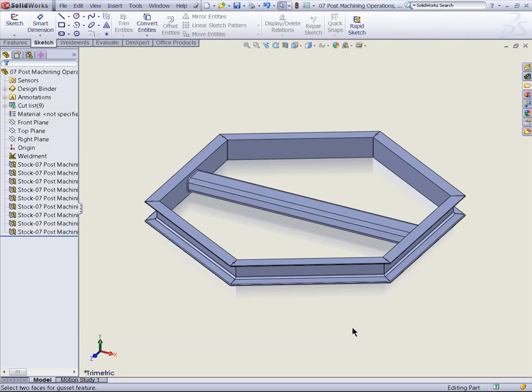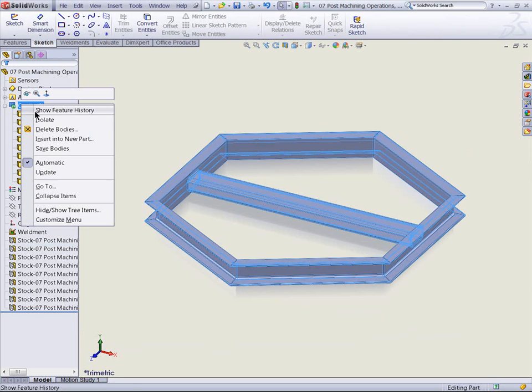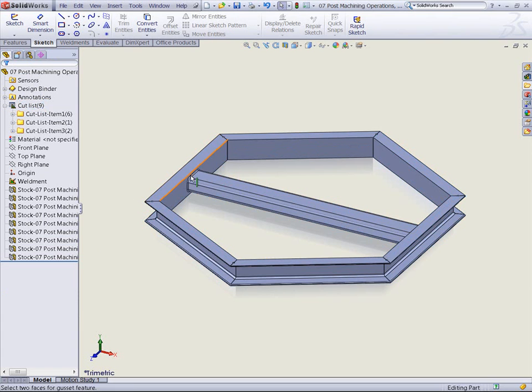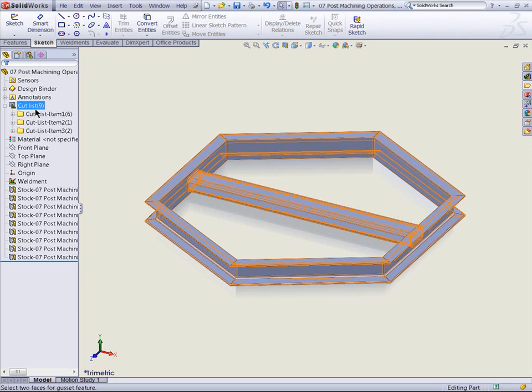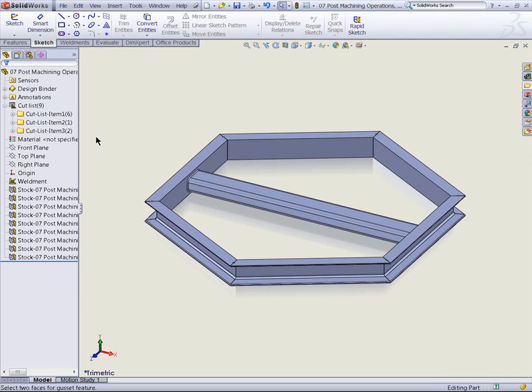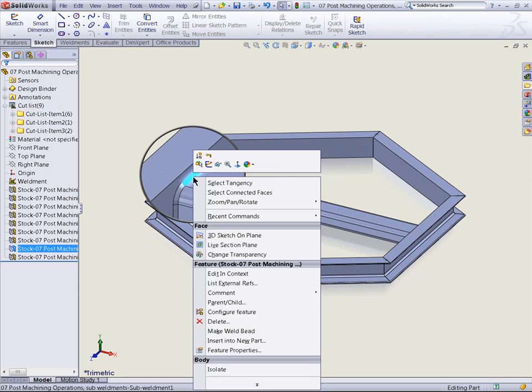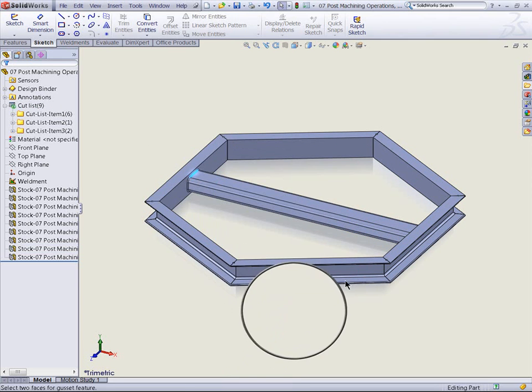Over here you'll notice I have my cut list. I can then update it so it groups like sizes together. Now you'll notice that the weld beads did not stay separate, so I'm going to need to tell SOLIDWORKS that those were weld beads. So I'll go ahead and use my magnifying glass, new in SOLIDWORKS 2009. It's the G button on the keyboard, and basically right click on this fillet bead and tell SOLIDWORKS make weld bead. And I'll want to do the same thing over here,